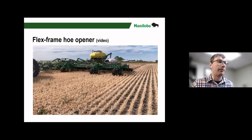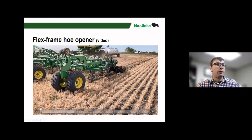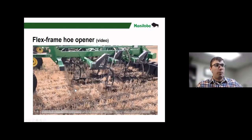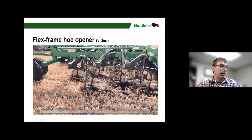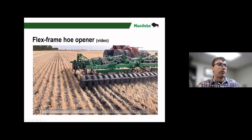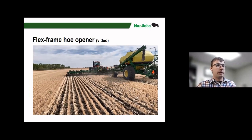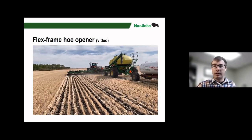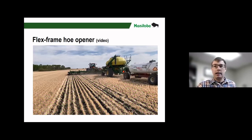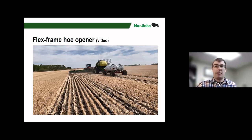Sorry about that, everyone. We're seeing fixed shanks that don't move independently or contour with the ground, but they are followed by a series of packing gangs. So this particular farm's got RTK GPS. He's running in between standing furrow, so a zero till situation. You notice how much more residue there is in the surface, but in between those rows, that residue is a lot less. Certainly an ideal environment for canola to emerge in, but we do have to recognize that a flex